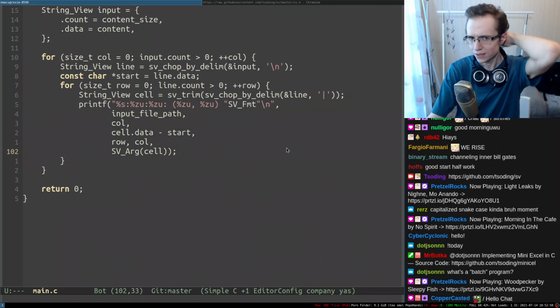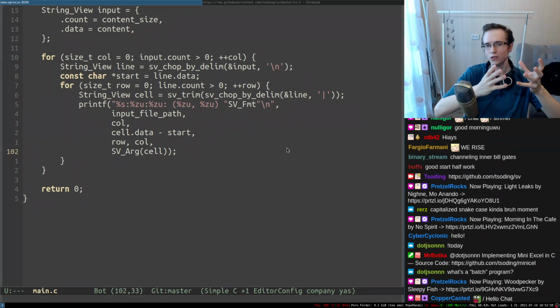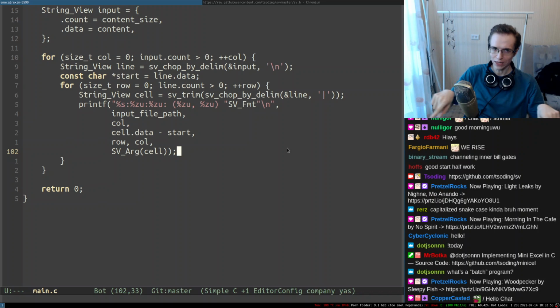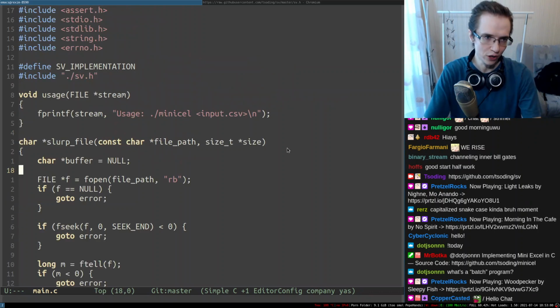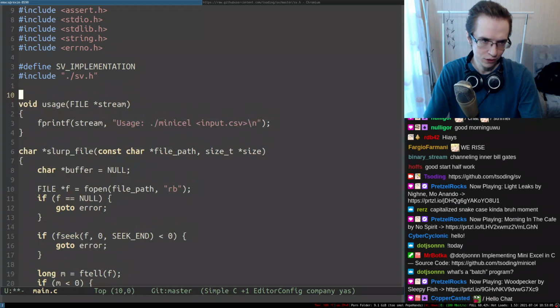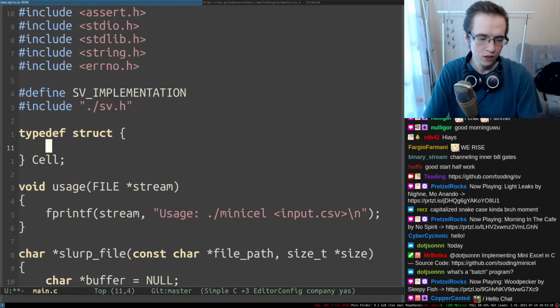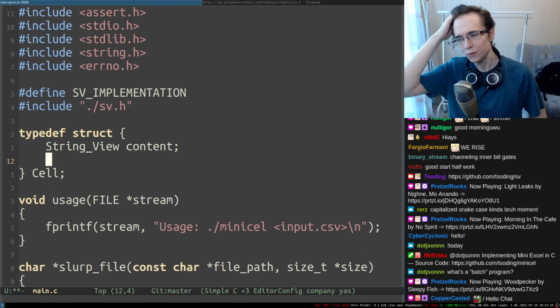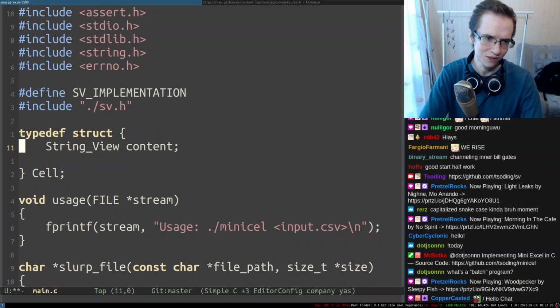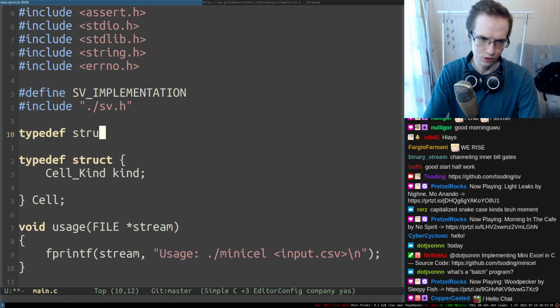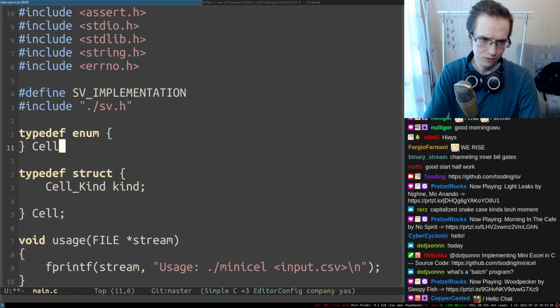Interestingly enough, it would be nice to estimate how many rows and columns we have, and then pre-allocate a two-dimensional array of some sort of cell structures, if you know what I'm talking about. So we're definitely going to have something like struct cell, and within the cell, we're probably going to have just a content. But on top of having content, maybe we're going to have a different kind of content. So maybe it's going to be cell kind, and then we're going to have an enumeration, right? Cell kind,